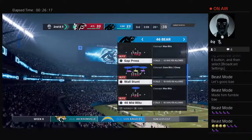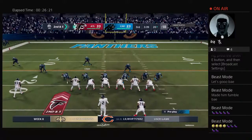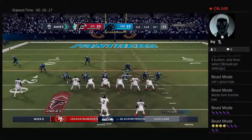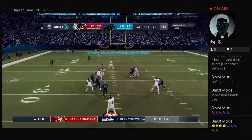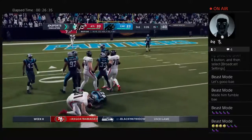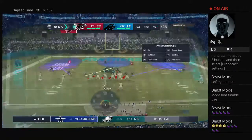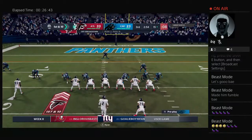All defenses worry that whenever anyone catches the ball and has a head of steam coming out of the backfield, it could turn into a big play with missed tackles or he runs through people. But they were right there waiting, and they stopped him for a minimal gain. Ryan going to get this complete to Hurst. And on this one, he'll get to the 15, right at the 15-yard line. 6 yards the pickup, and that's a 1st down. And the Falcon 1st